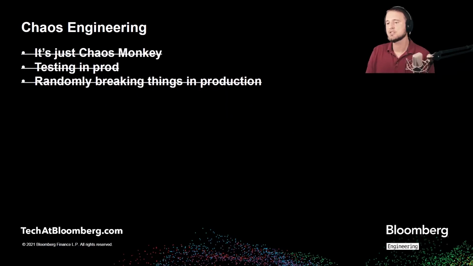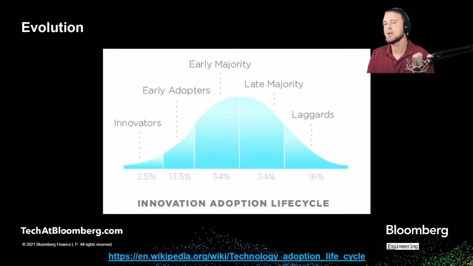And notice that there's nothing about Chaos Monkey here. So everybody being like, oh yeah, chaos engineering, that's just Chaos Monkey. Not really. There's nothing about testing in production either. Nothing about randomly breaking things in production. So these are all things that we kind of hear, and a lot of them are myths that kind of started with the initial communications with flashy headlines for blog posts. And this is kind of how it works. But none of that is actually in the definition. So when I'm saying chaos engineering, that's what I mean. So let's talk a little bit about where it came from and how it's evolving.